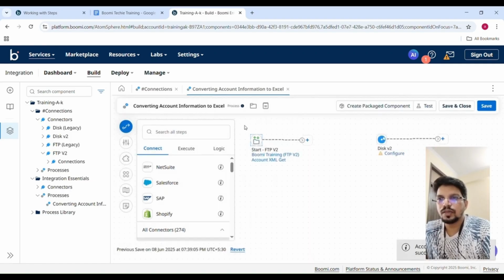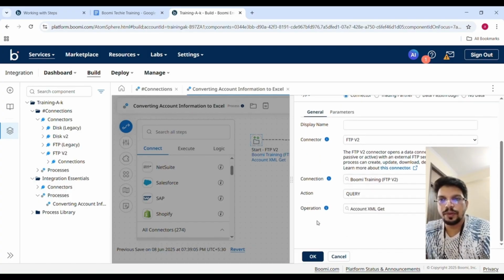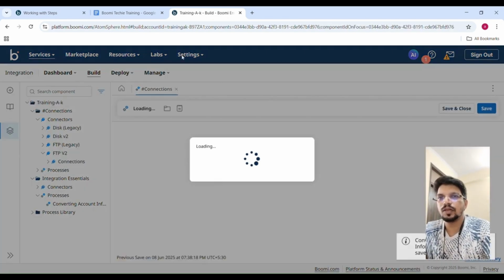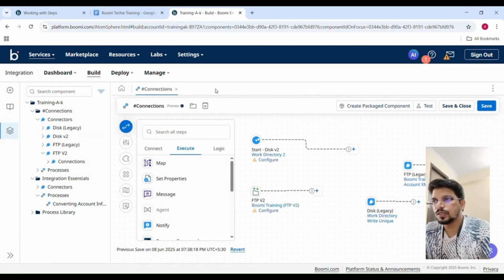तो यहाँ पर आप देखोगे जो स्टार्ट शेप है ये कॉन्फ़िगर हो गया है. इस पर हम क्लिक करेंगे तो यहाँ देख सकते हैं टाइप कनेक्टर टाइप है, कनेक्टर एफटीपी v2 कनेक्टर है, कनेक्शन हमने यूज़ किया जो प्री बिल्ड था, और आप देखोगे एक्शन में क्वेरी है, ऑपरेशन हमने क्रिएट किया है, इंपोर्ट किया है, और ऑपरेशन का नाम है अकाउंट एक्सएमएल गेट, ठीक है. अब इसको ओके करते हैं, सेव करते हैं इसको, नेक्स्ट पॉइंट पे चलते हैं. प्रोसेस किधर गया,